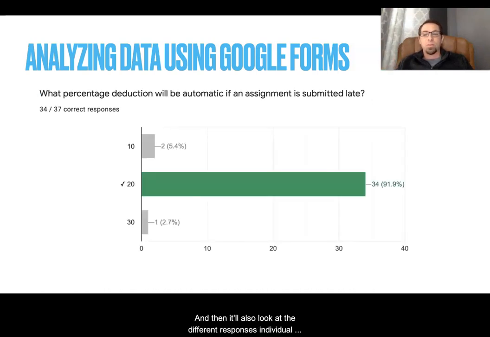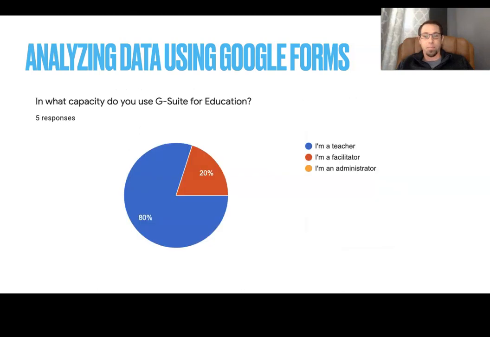And then it'll also look at the individual responses, and it'll help you see who got the questions right and who got questions wrong. It'll help you to understand where students are as a class on one specific item. It also lets you have different options for visualizing data. If you ask students on a drop-down menu who they are, or an answer to a question, it'll show you